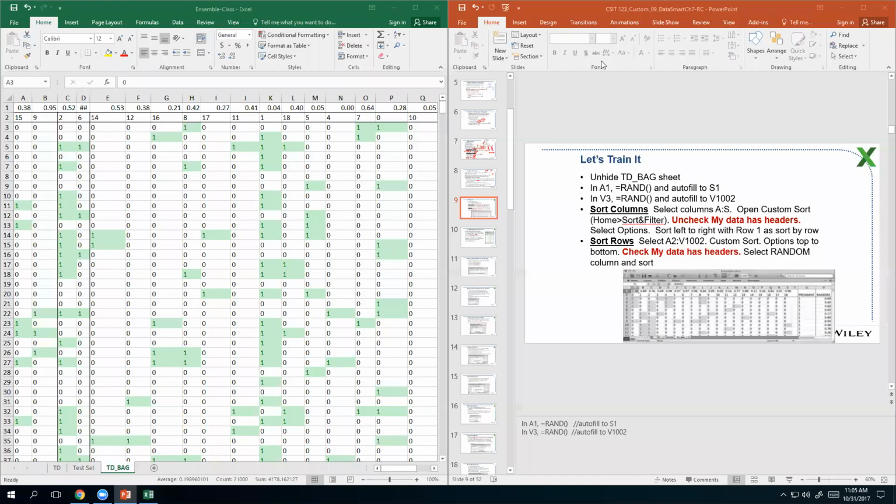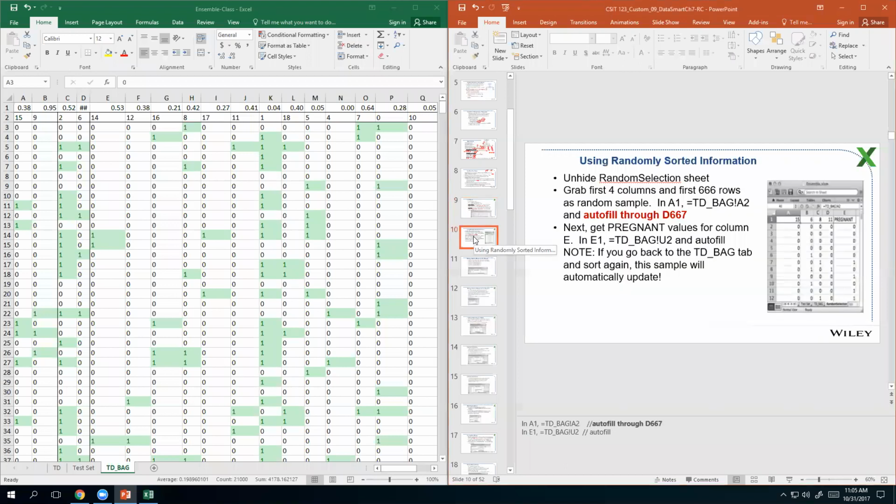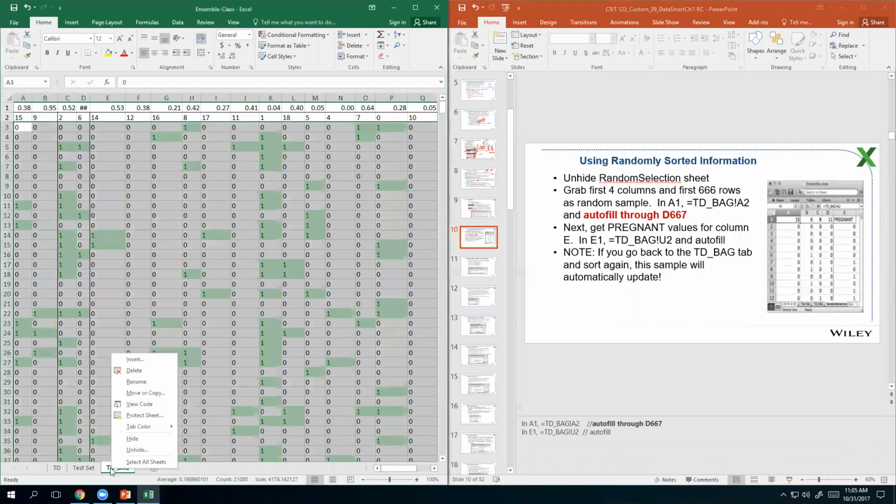Right. So the next thing we want to do is unhide the random selection sheet. I'll come in here and unhide